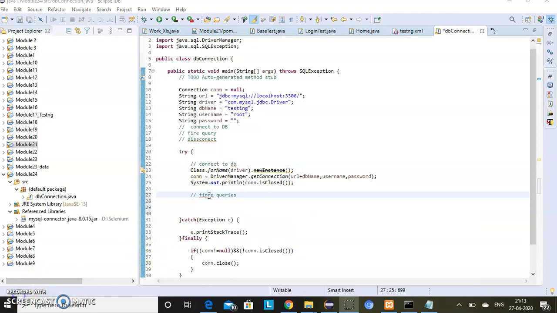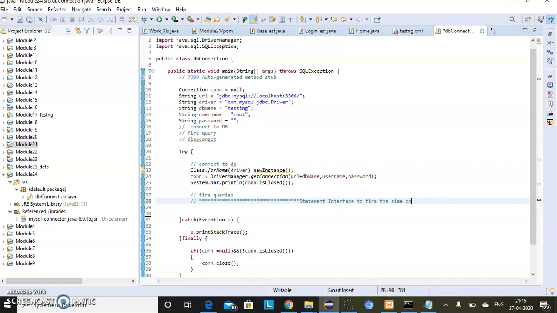Getting the point? Now we need to fire the queries. Let's see how we do it. With simple commands, we need a Statement interface to fire the simple command.